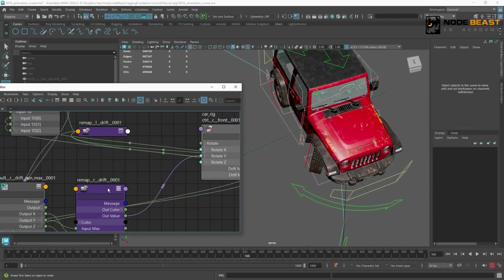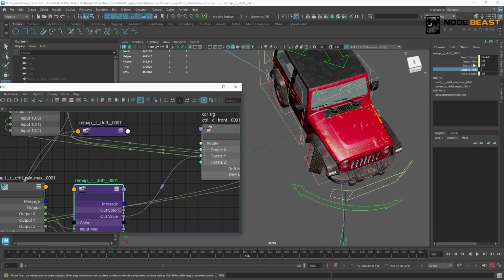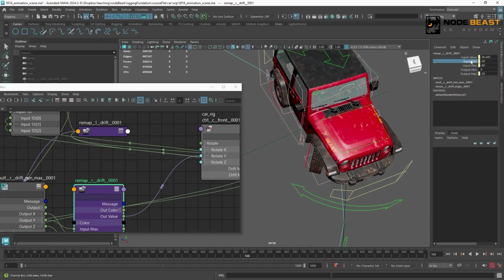Let's check. Now it's rotating to the right. The rotation angle is negative now. The negative value is less than the minimum value, so the output here is 0. And corresponding to the right side, the output here has a value. And if the rotation is positive now, then for the right side, it is also a value outside the minimum value. Because here it is 30 to -60, towards this direction.